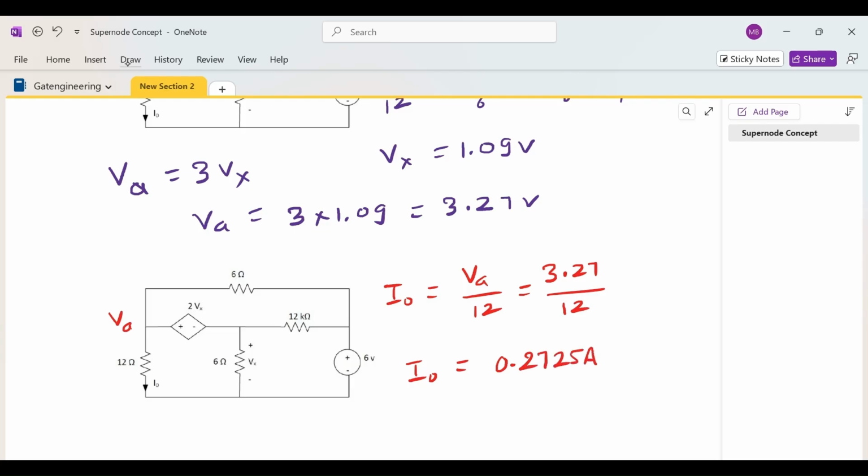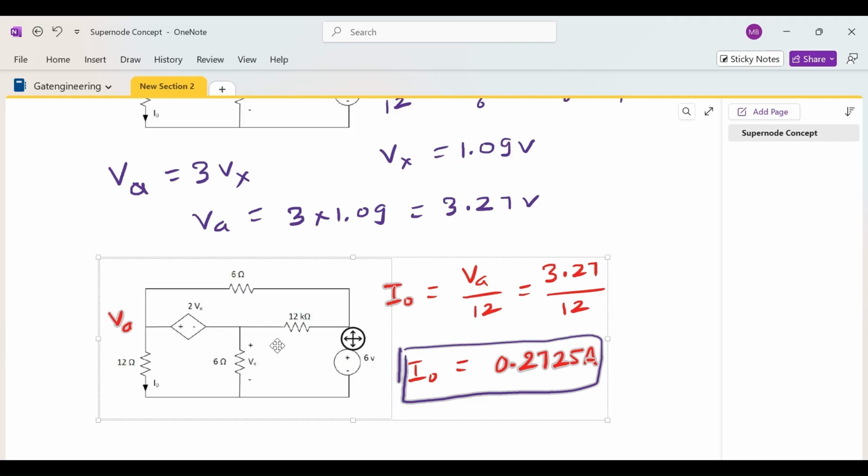It is a very good problem, and in this question we have seen how to solve the problem when a voltage source is given between two nodes, where we cannot directly apply nodal analysis. We converted this into a super node and applied Va here, and this current divides in these two branches. By using this concept, we can easily solve the problem, and we get the current I naught, which is